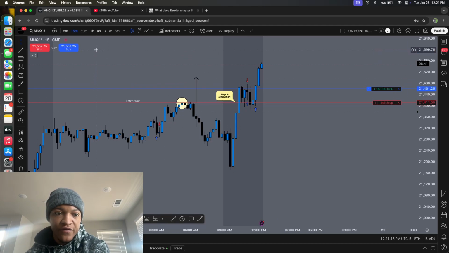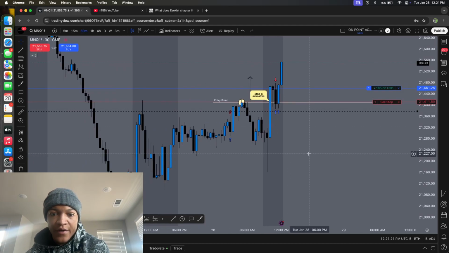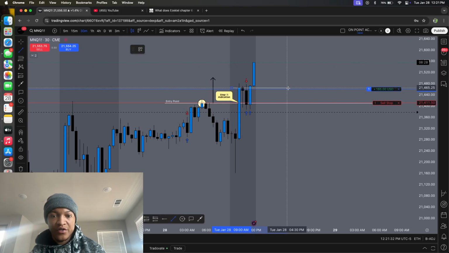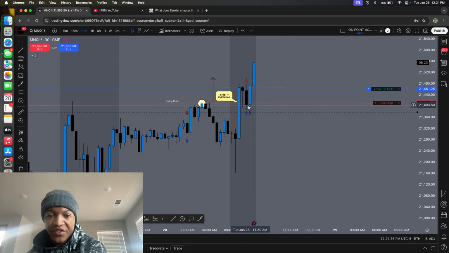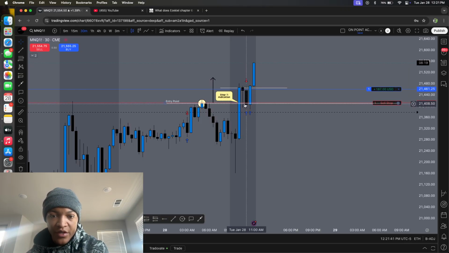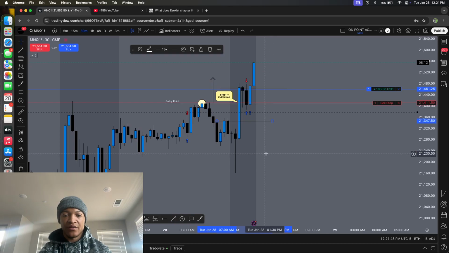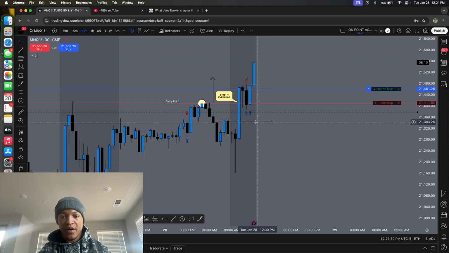So I took my entry from the 30-minute time frame, and the reason why is because it looks the cleanest. As you can see, we still have that resistance. Price gave me an indication showing me buyers can push up from here, and we have this area here, the new high price created. And then we got our retest. And once we got our retest, I could have entered down here, but I didn't like the way the market looked because price could have easily pushed back down to this area,